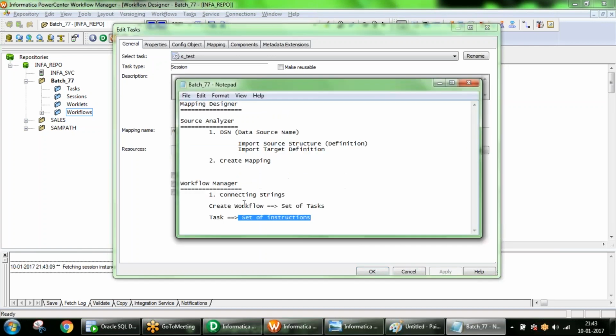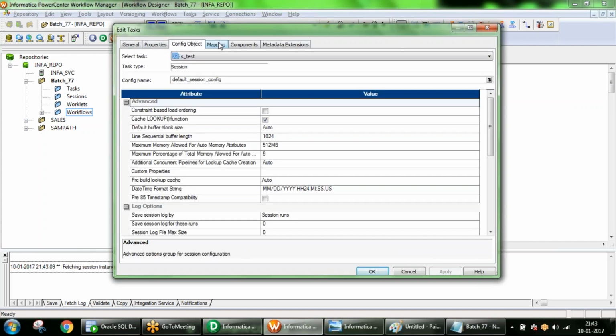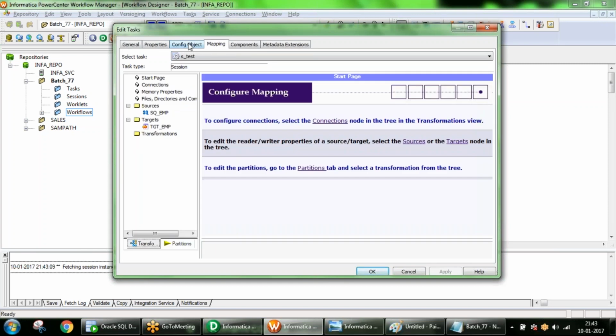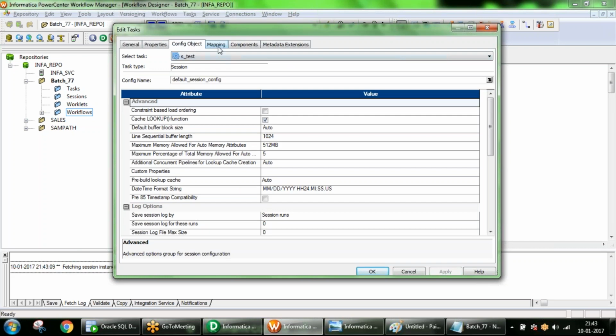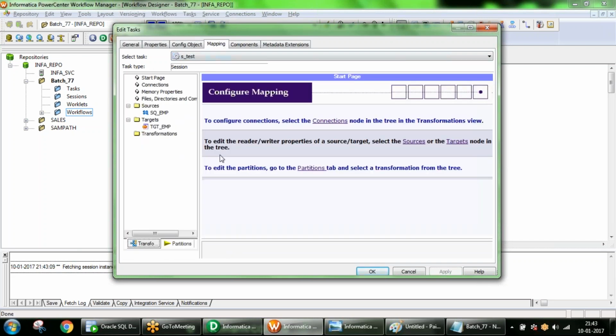I told you a task means a set of instructions. Here we have n number of options. Forget about all that; we are going to see them one by one with real-time examples going forward. Now we have different tabs. Go to the mapping tab.